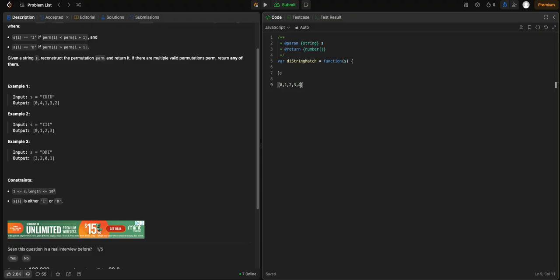So then what they're asking us to return is, for the very first I we see, we're going to push in the minimum number. And then every following I we see, we're going to go to the next lowest number, right? And then for every D, for the first D we see, we're going to put the highest number at that. We're putting these at these indexes, right? And then every following D is the next highest number, right? So for ID,